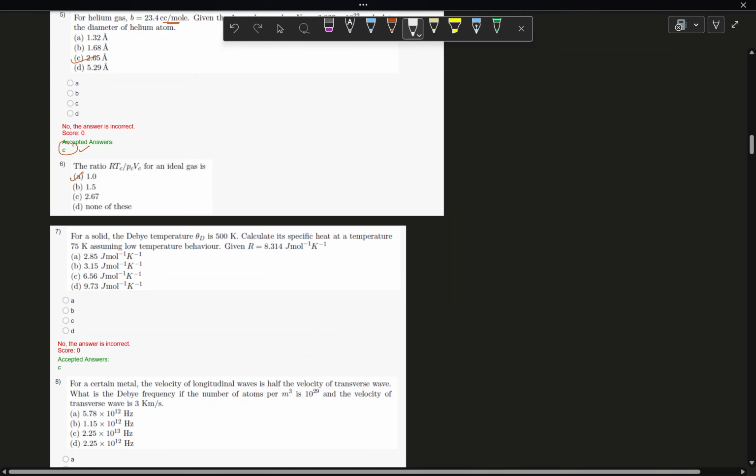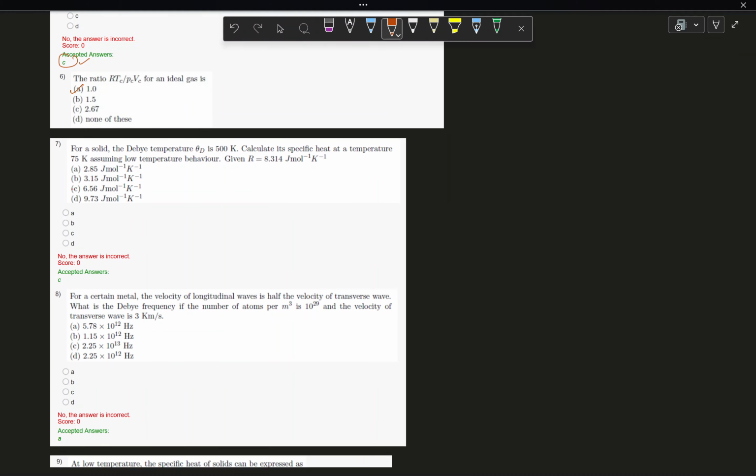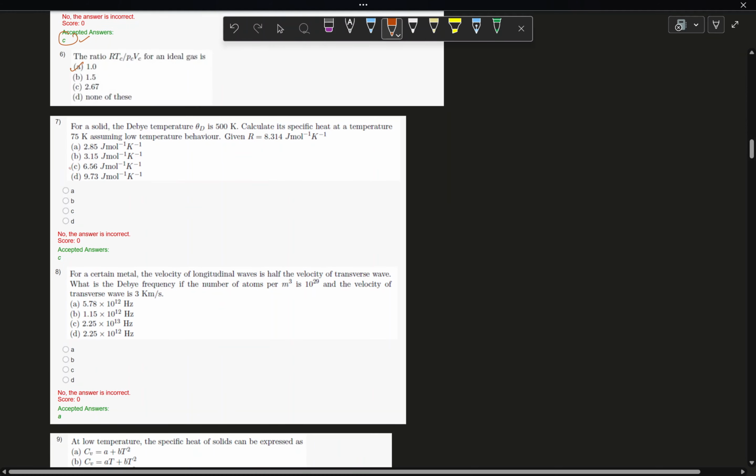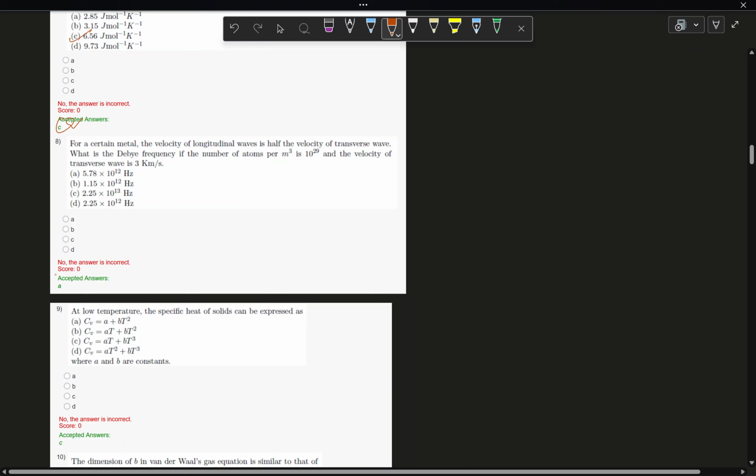Question number 7 is that... yeah, so this is the correct answer. Correct answer is C, right? This is matching. Now question number 8 is about, for a certain metal, the velocity of longitudinal waves is half